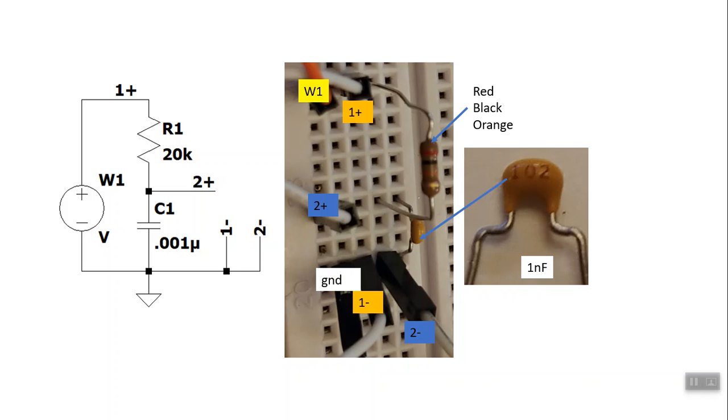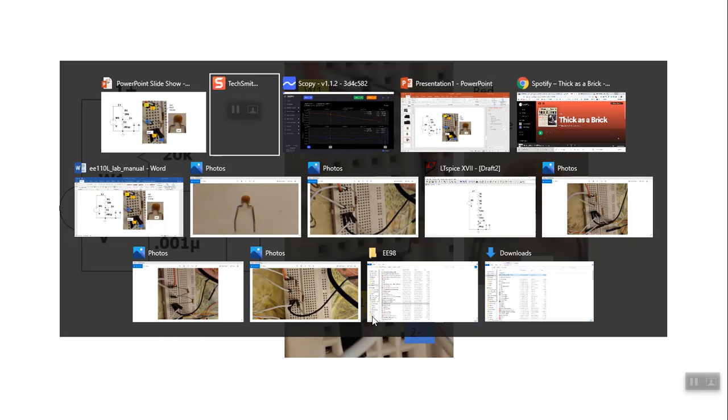Let's do a video on a PWM DAC with a first order low pass filter. So here's the circuit you need to build. Here's the proto board. I have to use a camera to see the 102, which means that's a 1 nanofarad or 0.001 microfarad. So build that and connect it to your SCopy